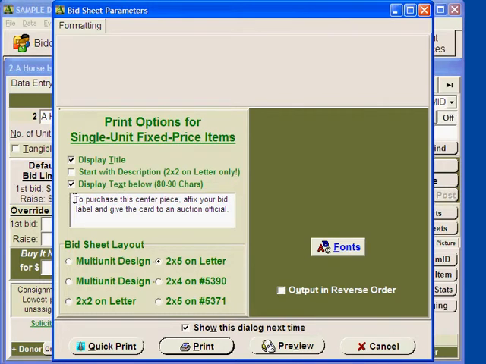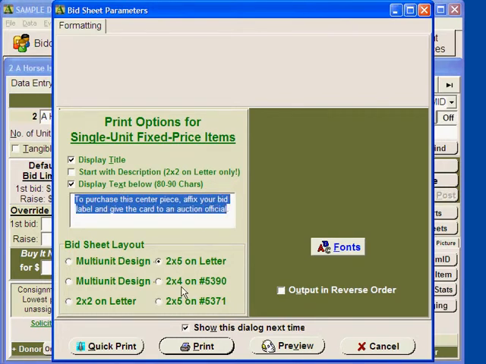So the default text here is specific for centerpieces, and of course you can change that to whatever you want. And here we have the option to select the size of the card or the bid sheet for those items. So you have different sizes that you can select from. We're going to select 2x5 on letter. We'll do preview,